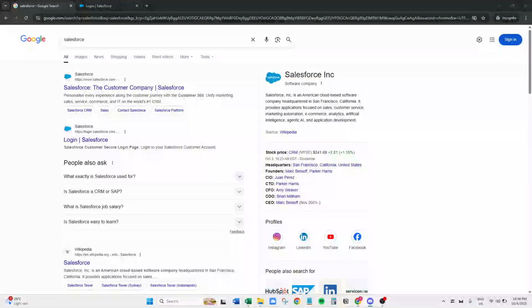In today's video, I'm going to teach you how to log into your Salesforce account. This is a straightforward process, but it's important to follow each step to ensure a smooth login experience. Whether you're an experienced user needing a quick refresher or a newcomer to Salesforce, these instructions will guide you through